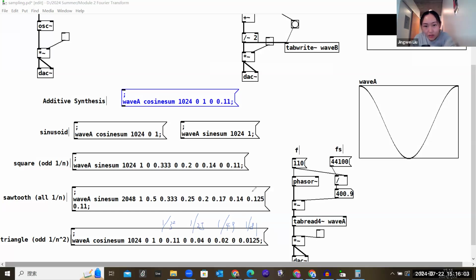So it's much smaller than that. Only by adding two harmonics, you can already see the shape. It's like the triangle now. Maybe add one more. So it's approximating the triangle with